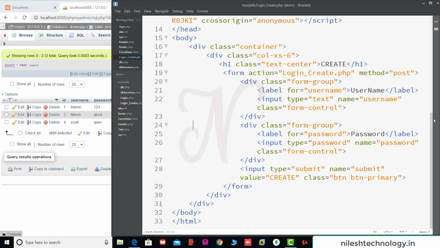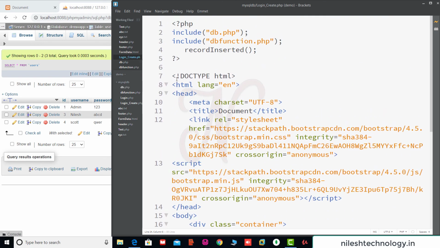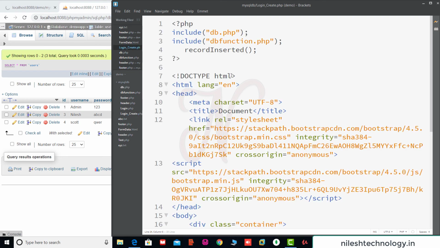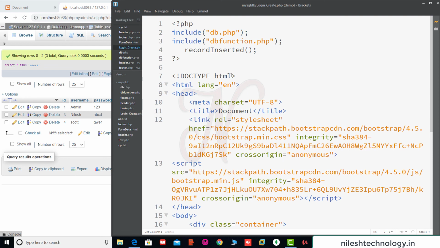Again we convert this code into modules, header and footer. So here we create two more files, for example header.php and one more file, footer.php. On every web application or website there is a header and a footer file. In this login create program we shift some code to this header file.